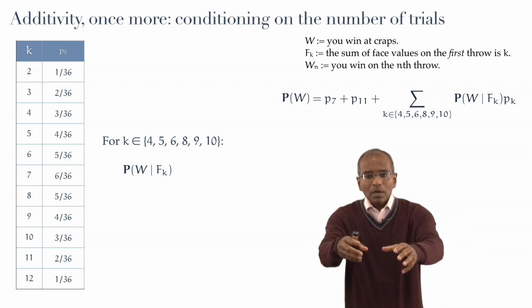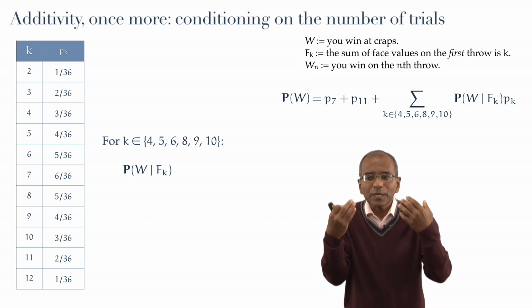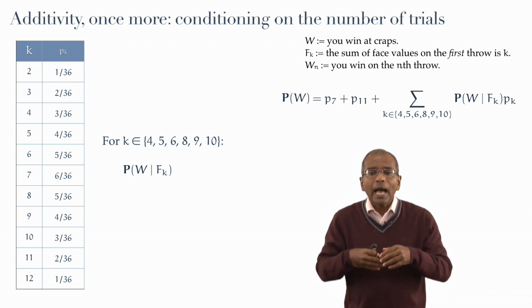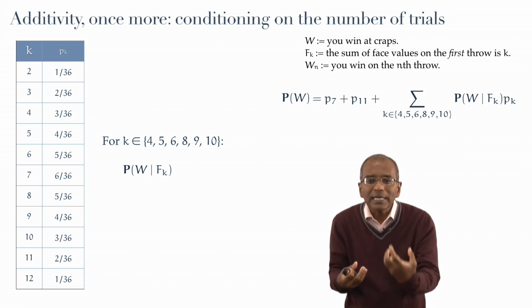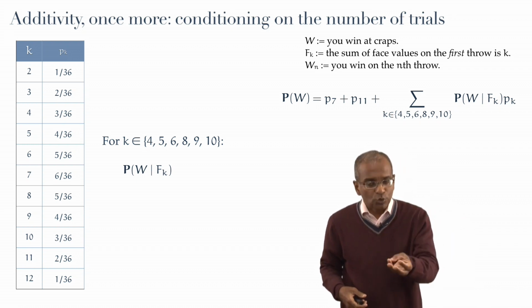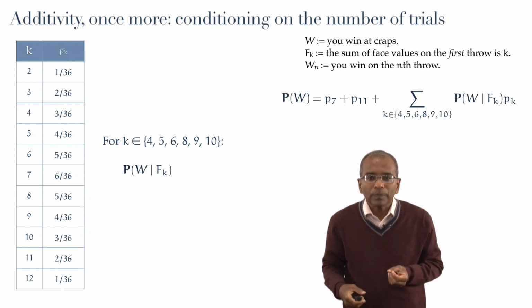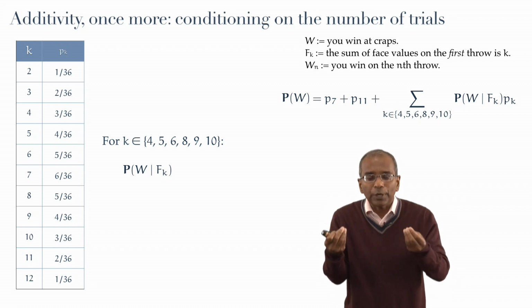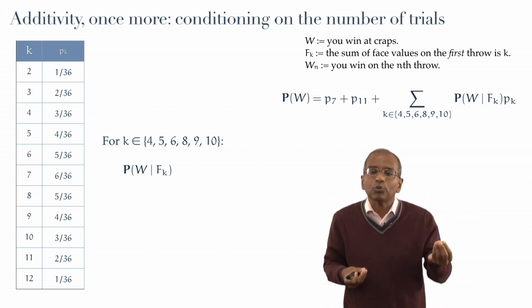Now, in such a case, it is natural to appeal to additivity one more time and break down the chance of winning by the chance of winning on a designated trial. If you win at all, you're going to win on the first trial, or the second trial, or the third trial, and so forth. In other words, the event W is the union of the events W1, W2, W3, and so on